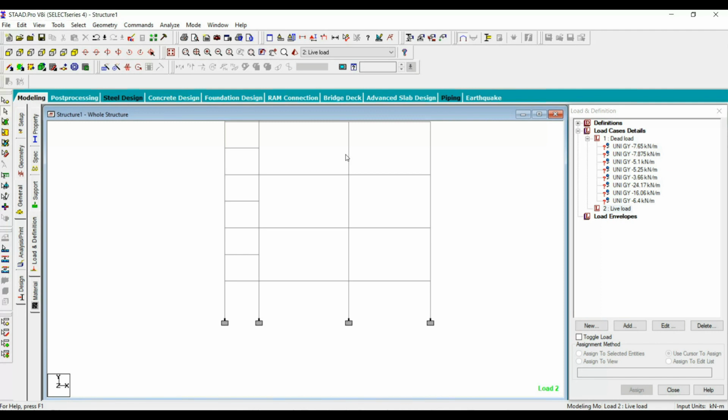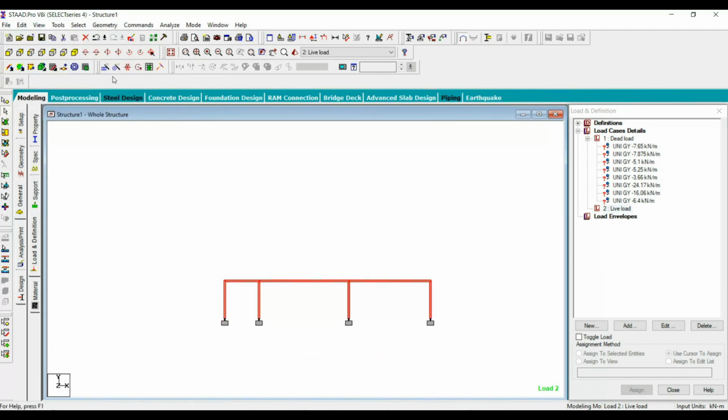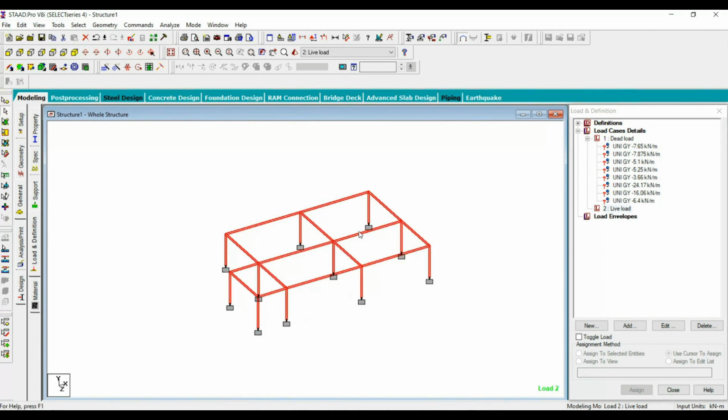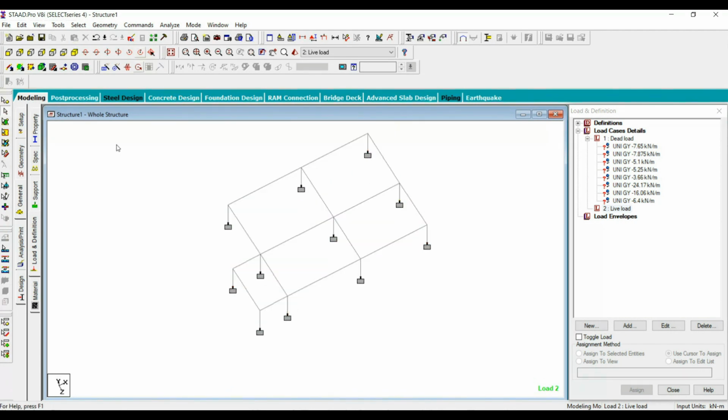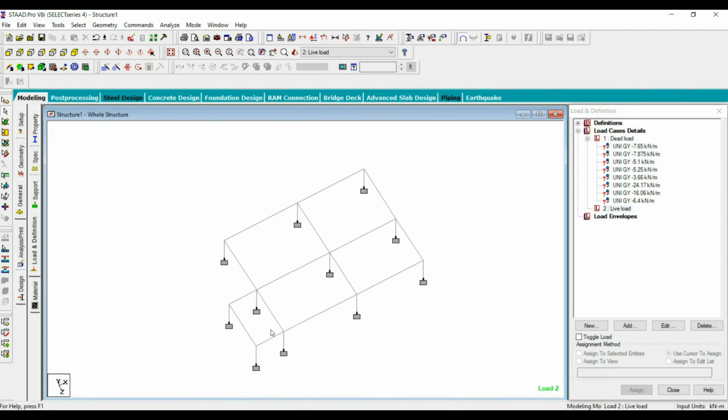So first let's take the plinth beam. All the outer walls are main wall, 6-inch thick wall, and inner walls are 4-inch thick wall. Horizontal beams we have 9 by 18 inches.